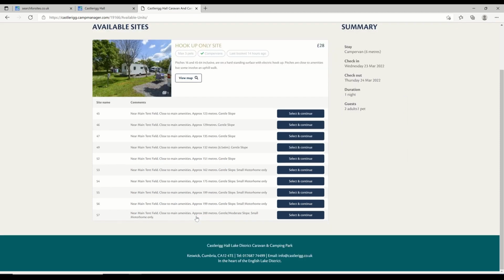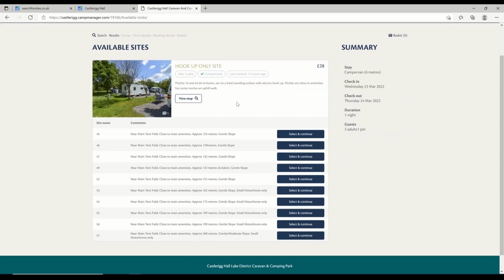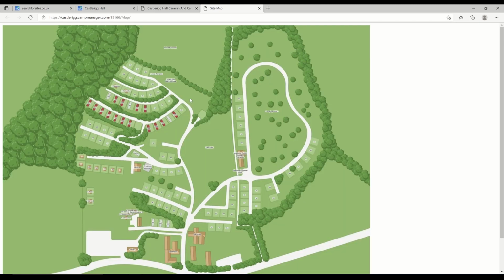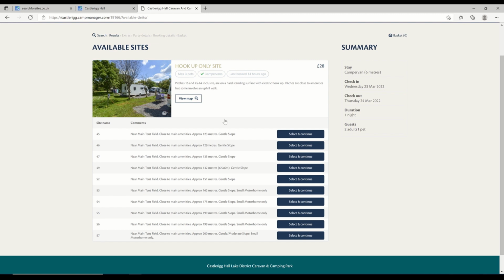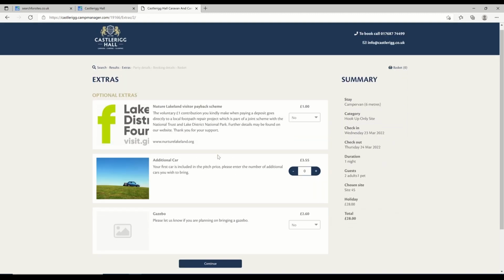And then we get a list of options to choose from, which is quite handy on some of these sites, so that you can actually home in on which particular pitch you want if you've got a favourite or just fancy a particular area. We can click on and view the map of the site, so we can see there the layout of the site, and you come in this way and then you can see the different areas as we go across there. So let's just pick this first one as an example,